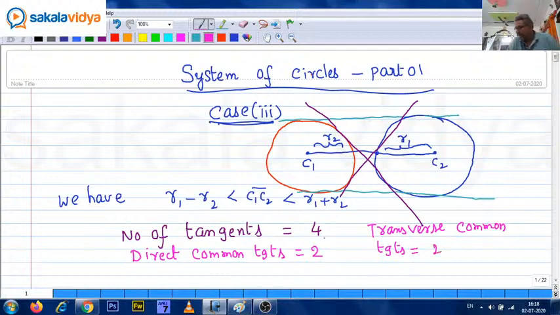Total 4 tangents can be drawn. So at most, for two circles, 4 tangents can be drawn. 2 are direct common tangents and 2 are transverse common tangents. Right. Next, for example,